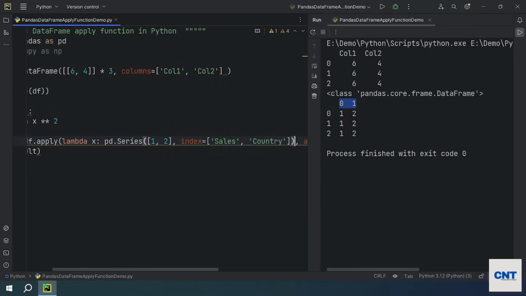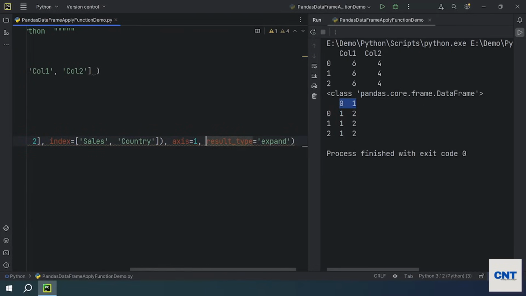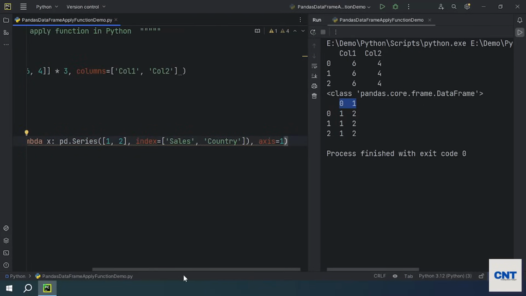Okay, right, we don't need to expand it then. Okay,